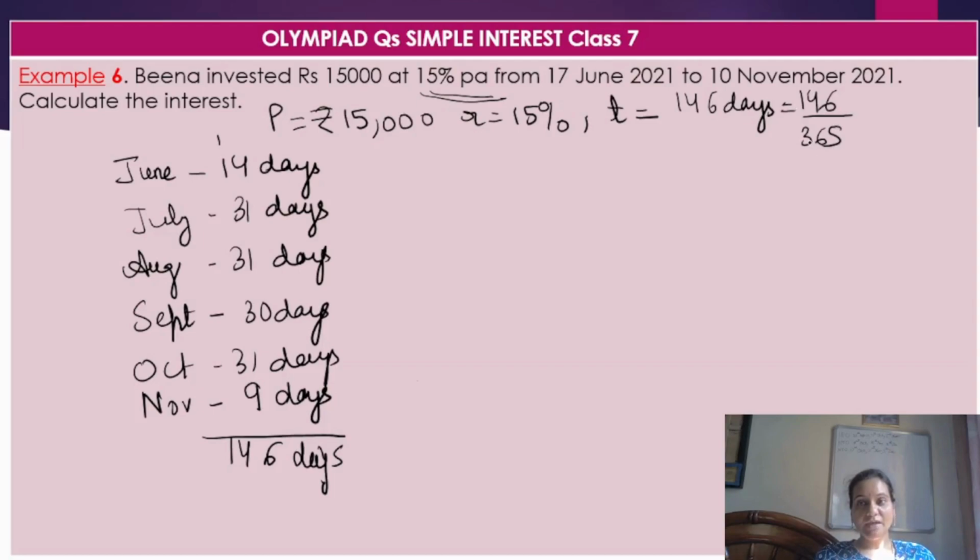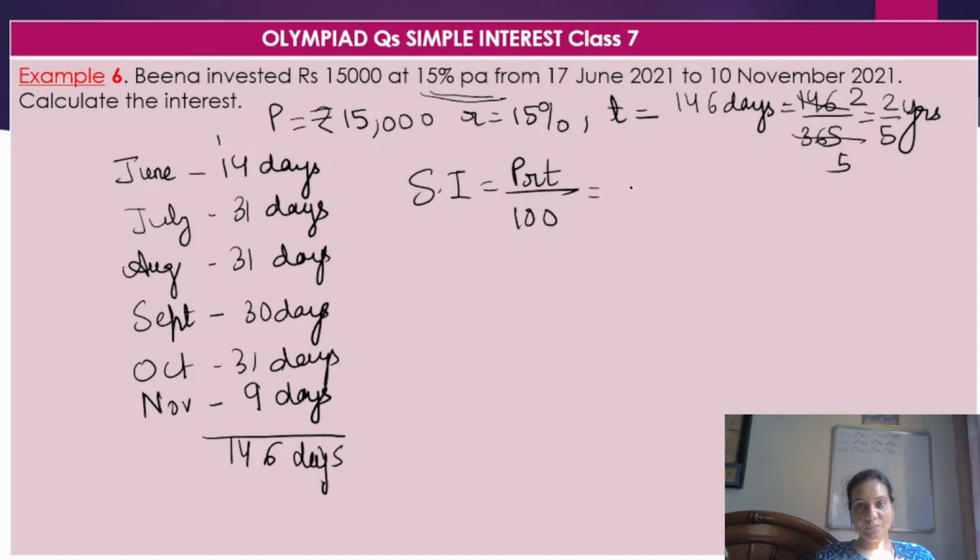So if you see, 73 is common in both, in 146 and in 365. So let's cancel it out. 73 multiplied by 5 is 365, and 73 multiplied by 2 is 146. So this time period becomes 2 by 5 years, right? So now we can easily calculate the simple interest, that is equal to P into R into time period